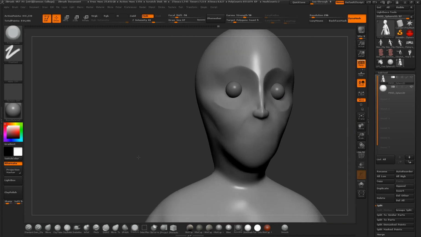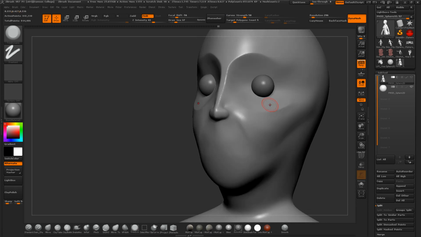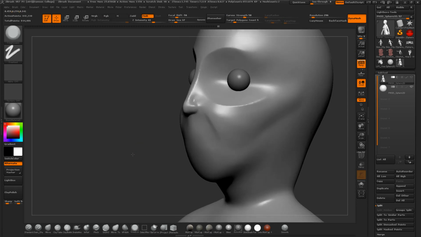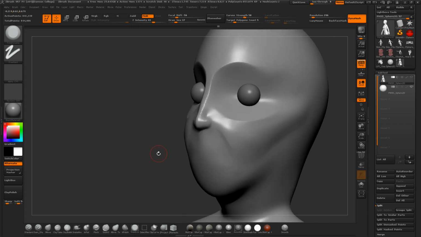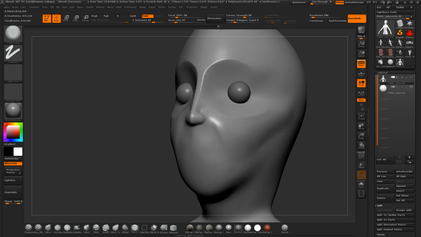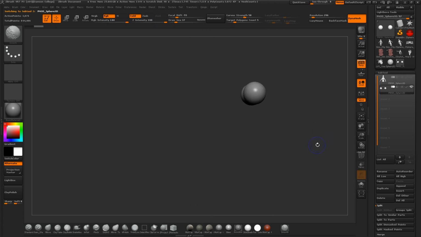There. Okay, so depending again on age, the character design or whatever, you can put these sort of things in strategically to get these more interesting stylized volumes and changes in plane. I haven't done eyelids or anything yet. A lot of times too with cartoon characters you can actually just